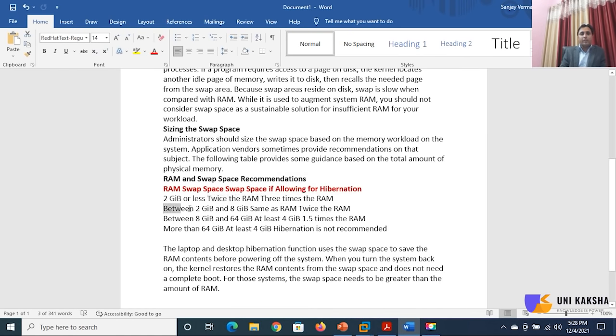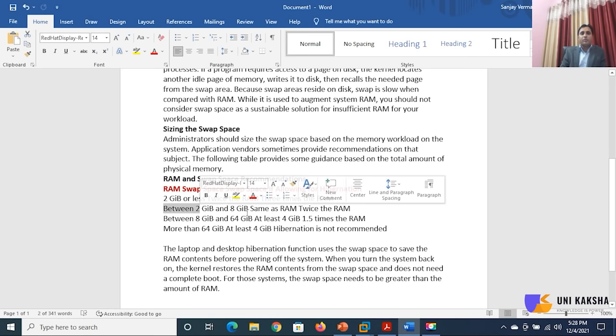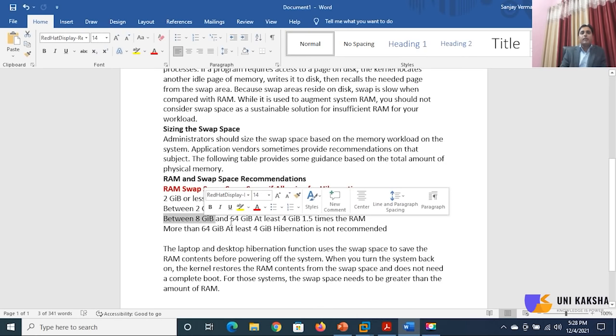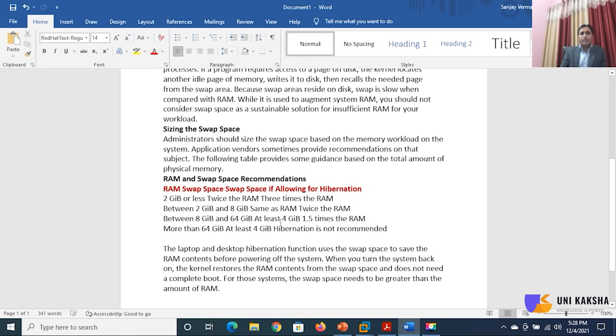When your machine has between 2 GB and 8 GB RAM, you can create twice the RAM. When your machine has 8 GB to 64 GB RAM, you can create 4 GB swap space. And when your machine has more than 64 GB RAM, 4 GB is sufficient for swap space. Like this, you can assign the swap space.